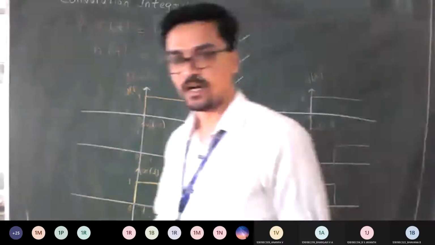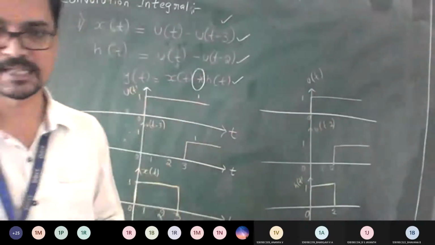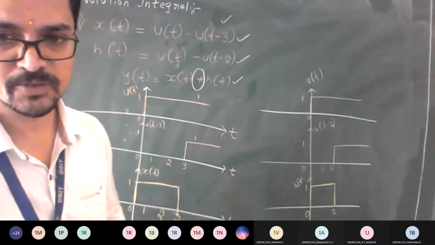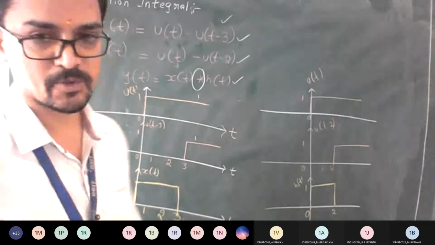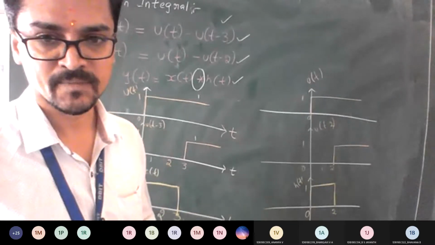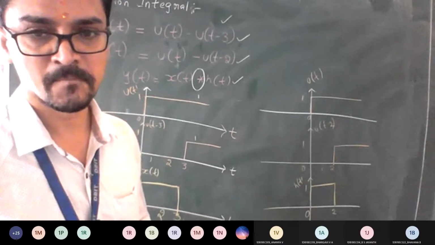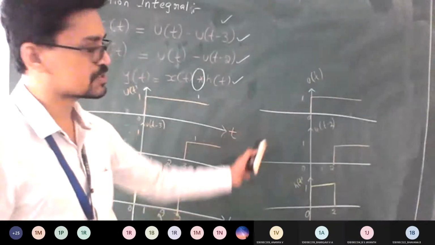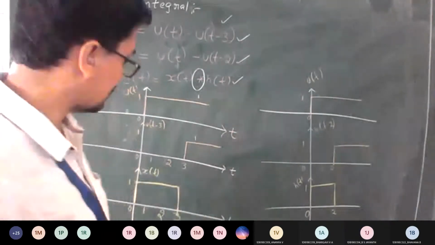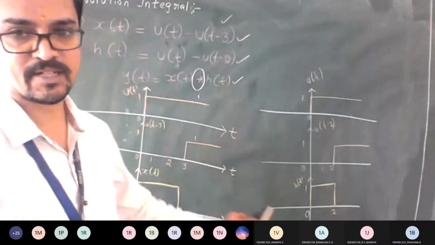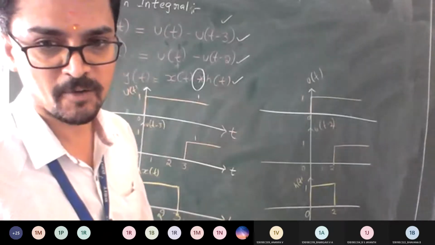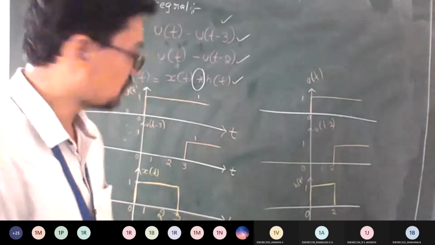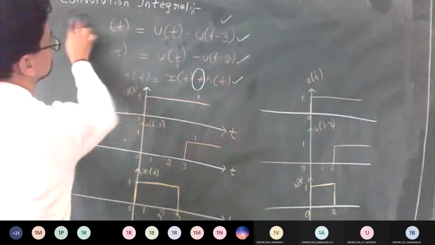So any doubts, anyone, on how to sketch the given signal with respect to your waveform sketching? If you have a doubt you can ask, otherwise let's proceed with this convolution integral. Is that okay till here? Yes, sir. Good. So once you understand these two individual plots, you keep your x of t signal one side and h of t signal one side, because we have a formula to calculate our convolution integral, right? So can anyone tell me what is the formula to find the convolution integral?